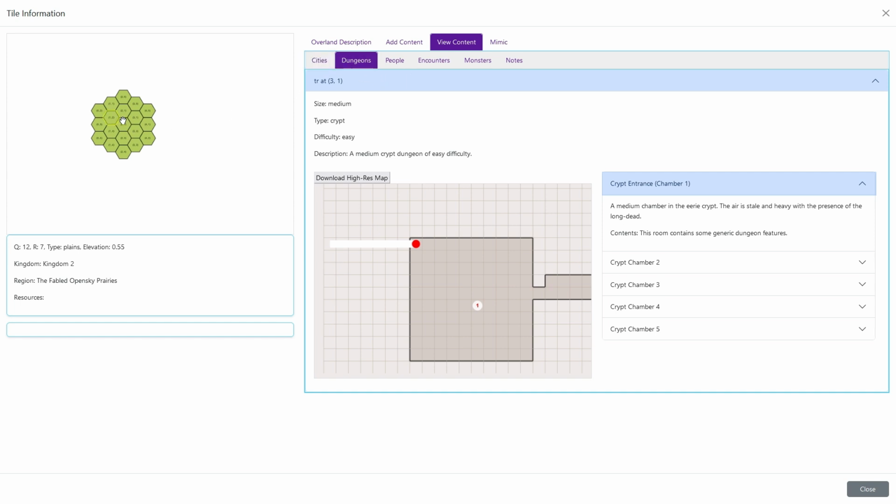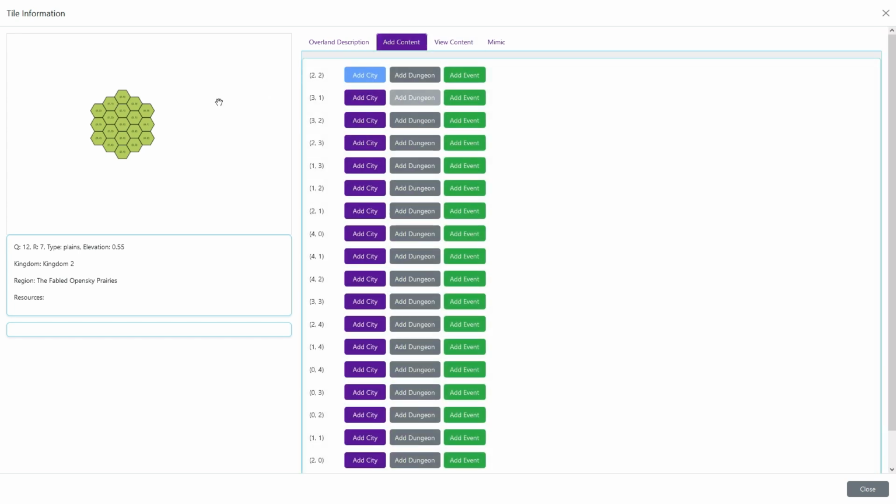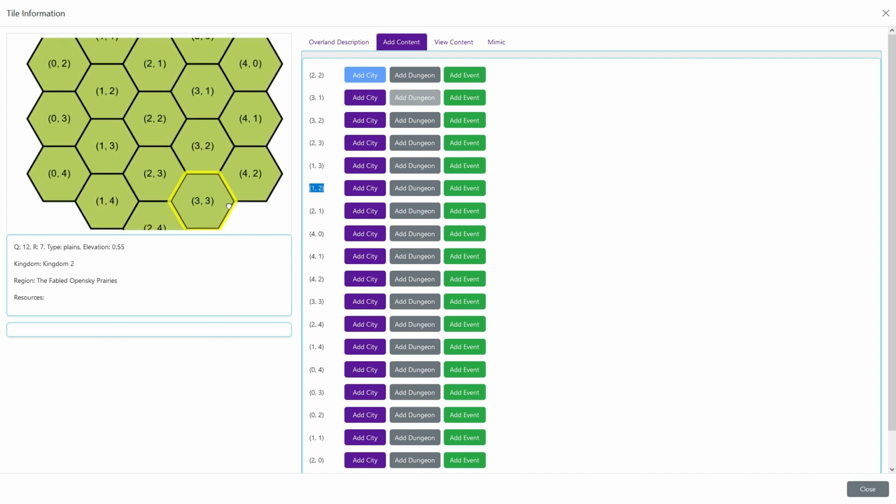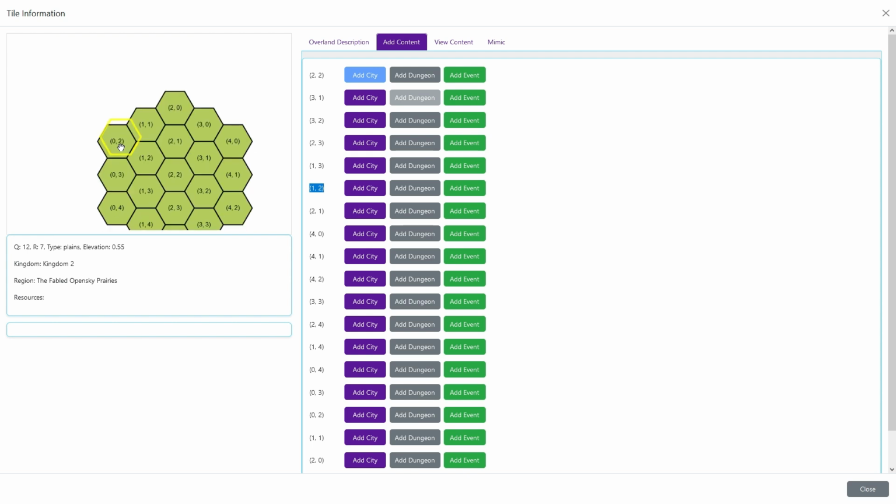So, yeah, like maybe double click here, and then it would say add city, add dungeon, add event for that tile, instead of having to go over here and see, okay, I want it on 1, 2, blah, blah, blah. And then once you pop the city or the dungeon or whatever, it would update the